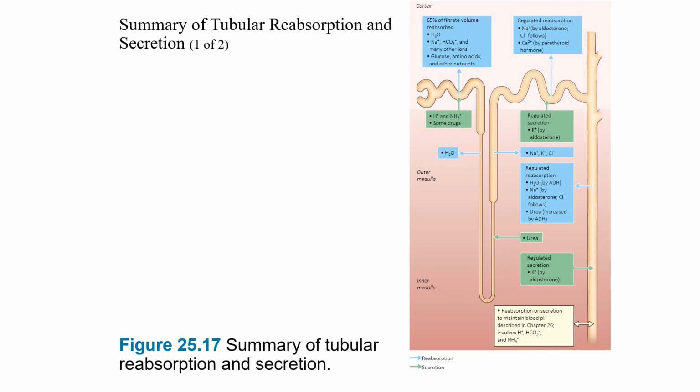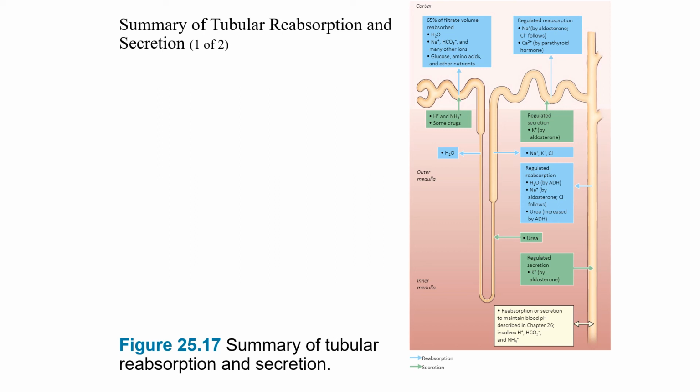So let's look at tubular reabsorption. Notice that we start out in the cortex of the kidneys with the glomerulus. You see that 65% of the filtrate volume is reabsorbed in the proximal convoluted tubule. This is going to include water, sodium, bicarbonate, glucose, amino acids. But we see that hydrogen ions, ammonia ions, and some drugs are going to be moved into the